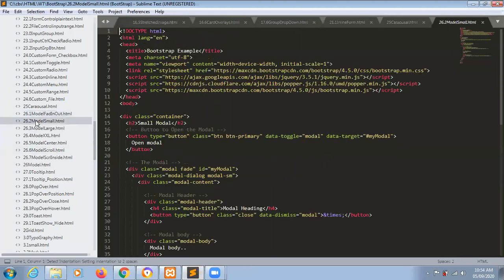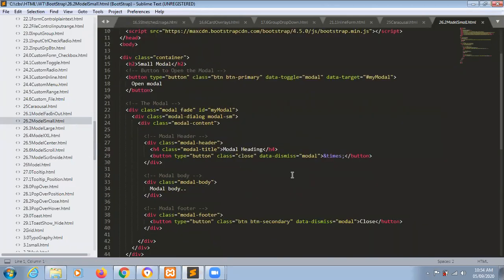Next madam, this is for a small modal. Can you show me the XL modal? So madam, for a small modal we have the class modal-sm. Show me the XL modal. This one, madam.